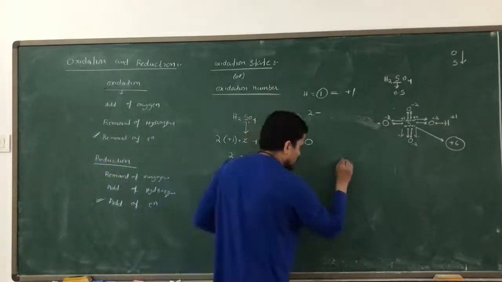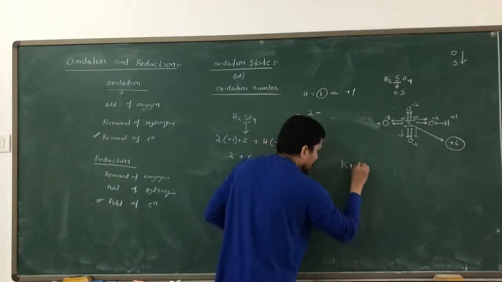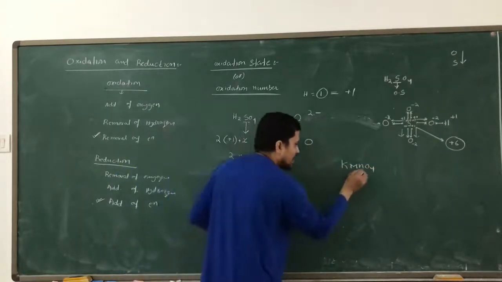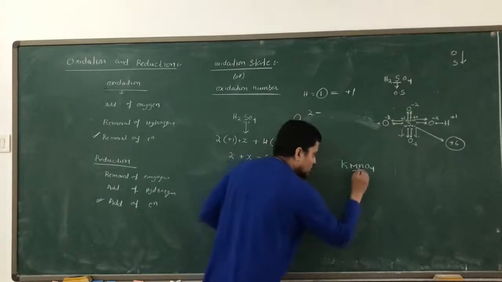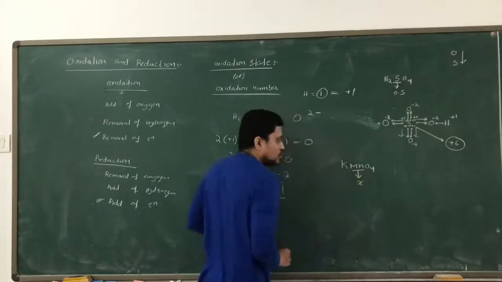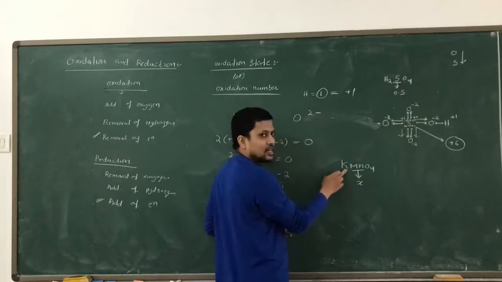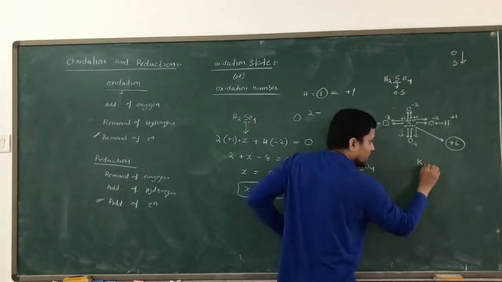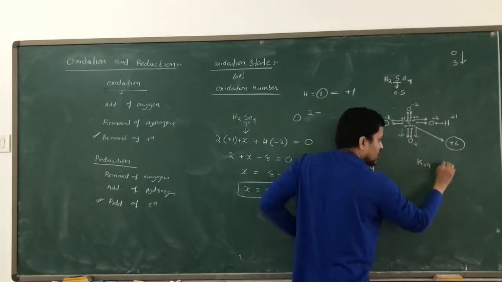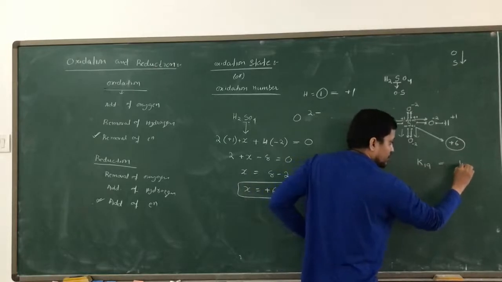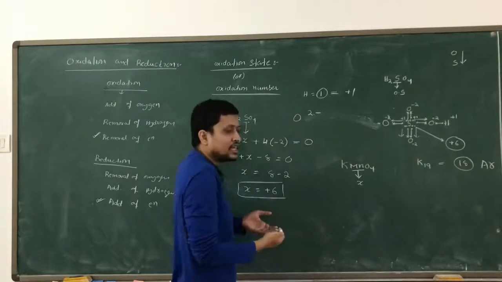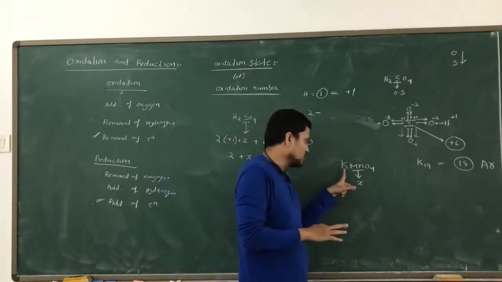One more example, suppose I have KMnO4. Suppose they are asking the oxidation state of manganese over here. So we assume manganese as X. Compared to manganese, potassium has less electronegativity, so it is going to lose the electron. How many electrons is potassium going to lose? The atomic number of potassium is 19, that means 19 electrons. So it will always lose 1 electron to become 18, like argon, because it wants to reach the electronic configuration of argon. So potassium will lose 1 electron.